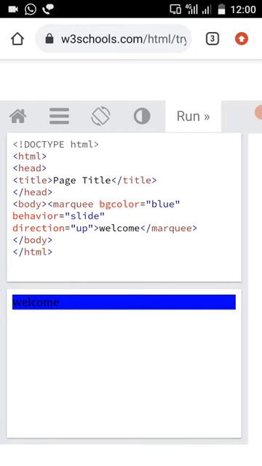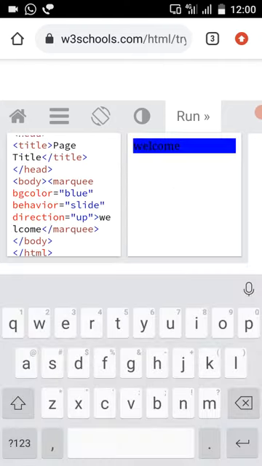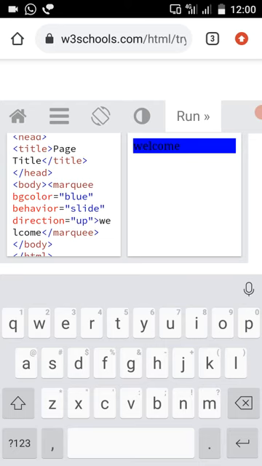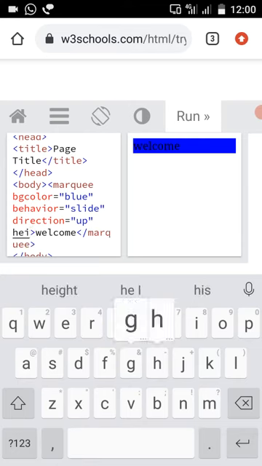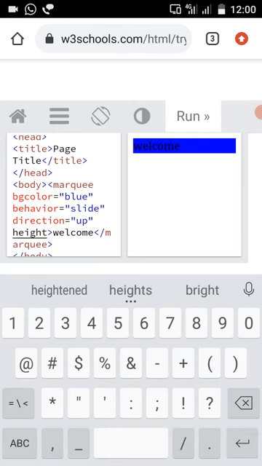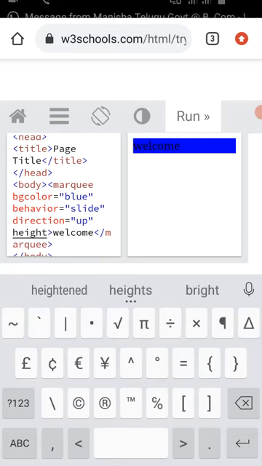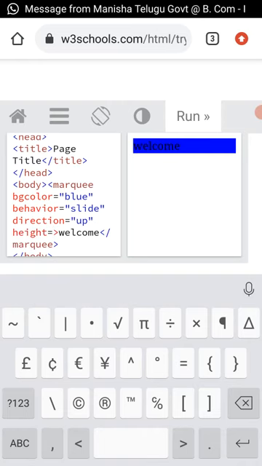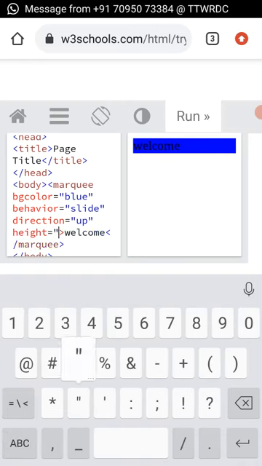But the outcome which was displayed is not at all clear for us. For that reason I'm using another attribute here called height. I'm going to change the height of my marquee, so we need a height attribute.